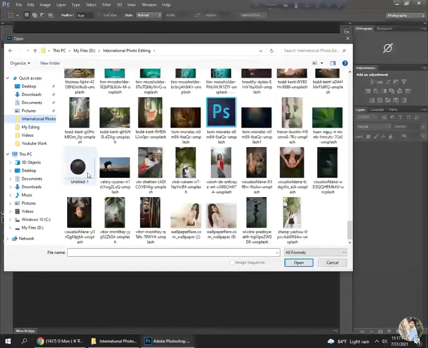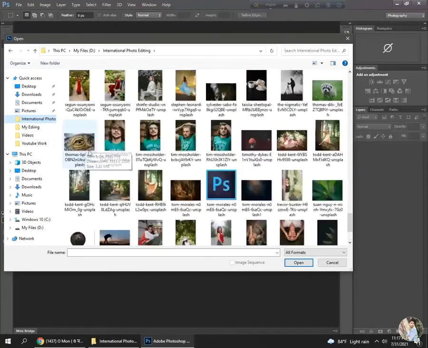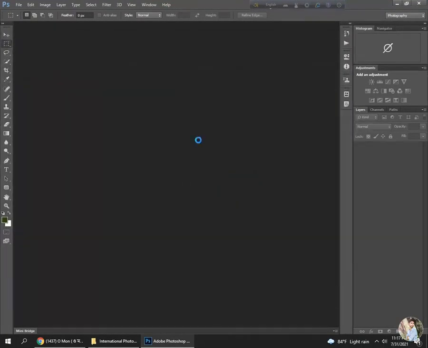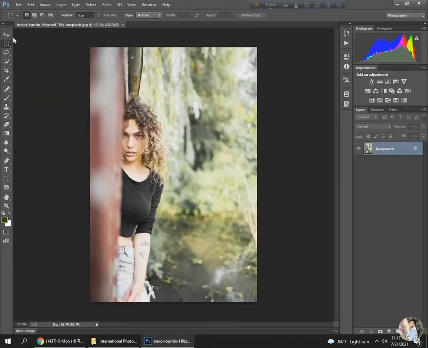I open this picture. Open it, and first we select the main subject of the photo for background blur. So we got it,